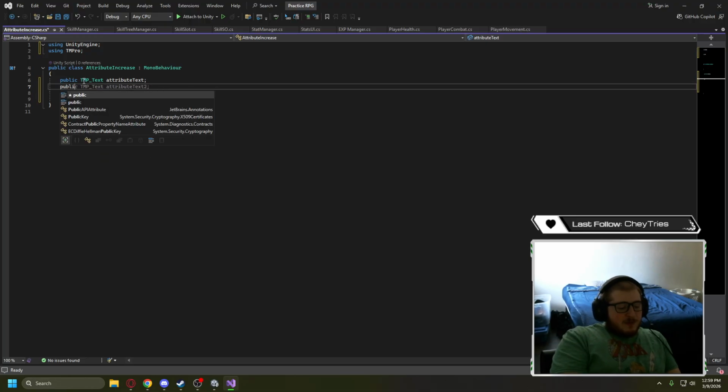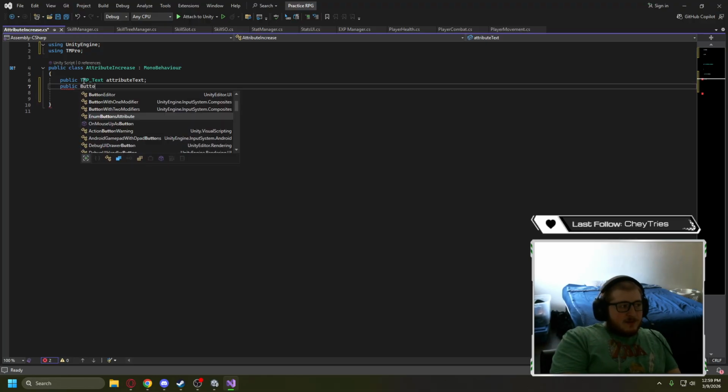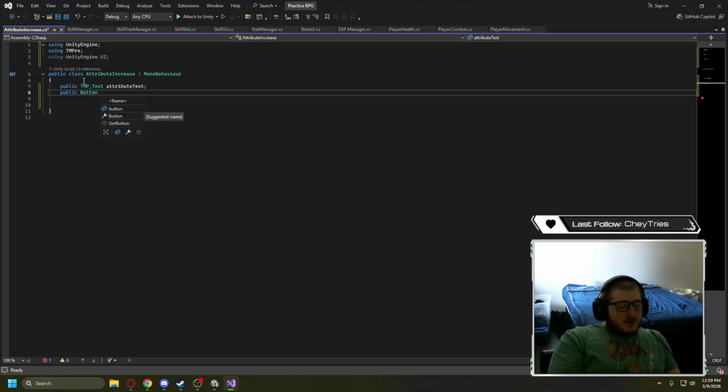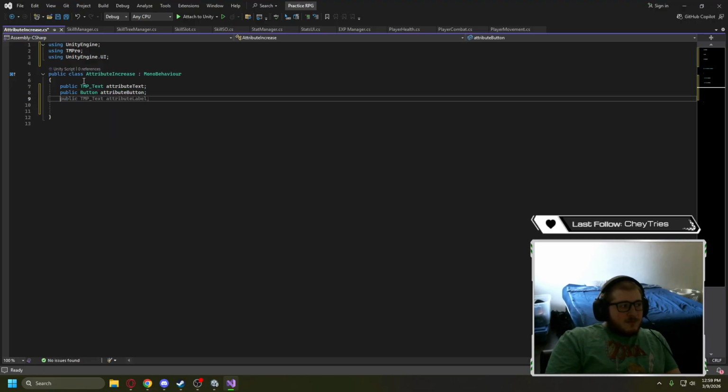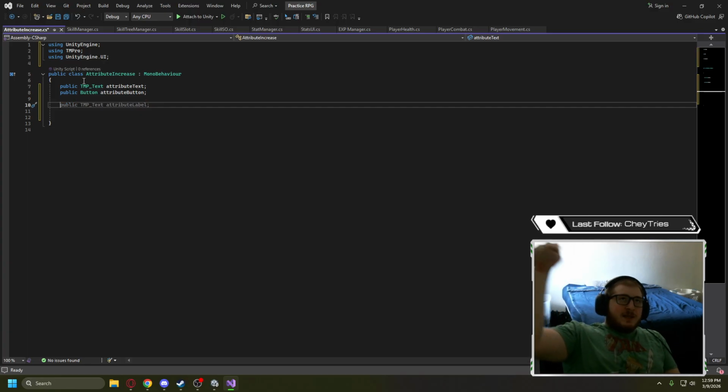So public button called attribute button. When the button is pressed, it needs to increase the attribute. So we need the attributes text, we need the button,